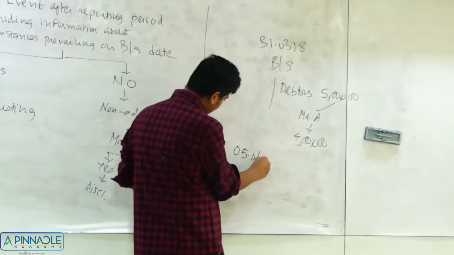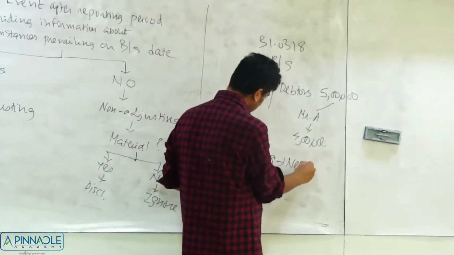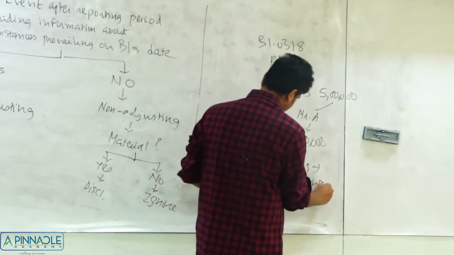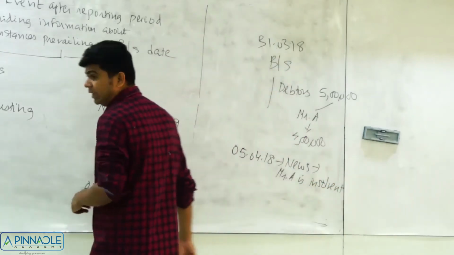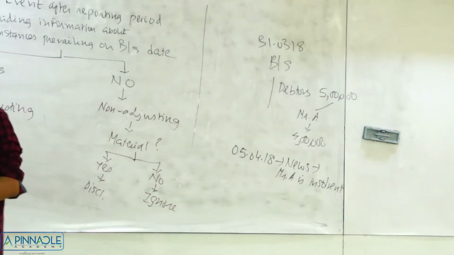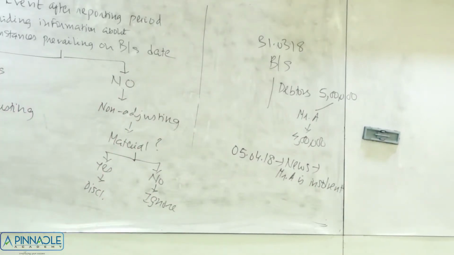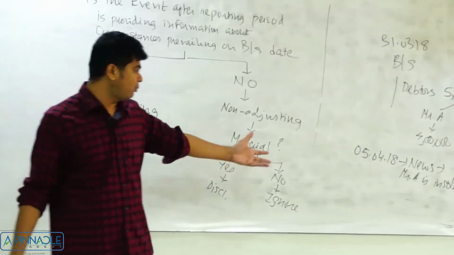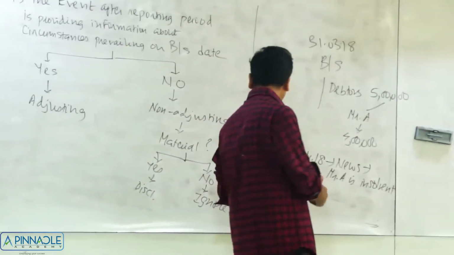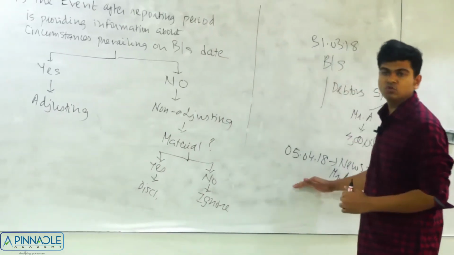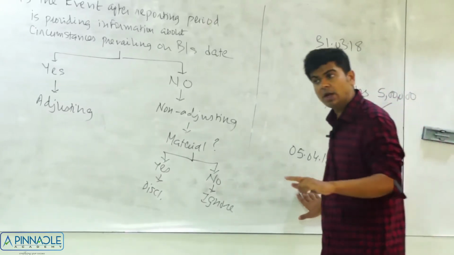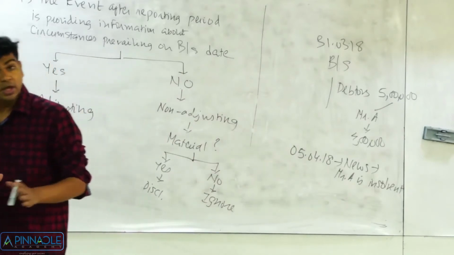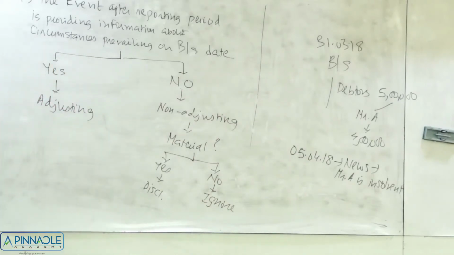Let us say on 5th April 18, we get news. What's the news? Mr. A is insolvent. So this is the news that we are getting. A has declared himself to be insolvent. That just means that we will not be in a position to recover this 4 lakhs of rupees. Obviously, our books are still open. We have still not finalized our books. And that's the reason this will be considered to be event occurring after the reporting period or event after the balance sheet date. Question is it adjusting or non-adjusting?